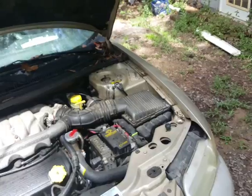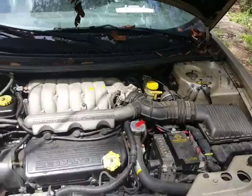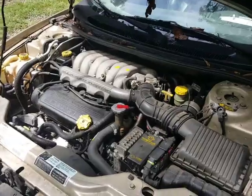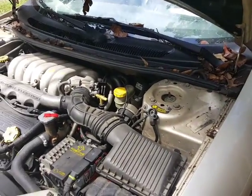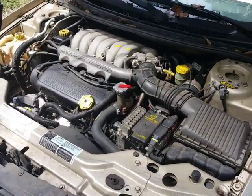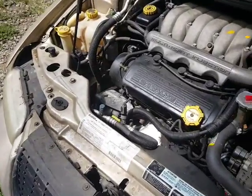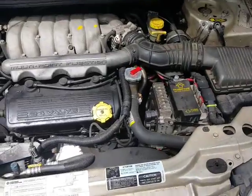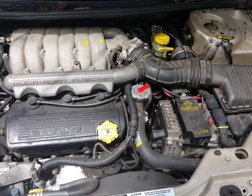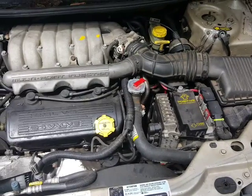Thing started overheating and started smoking like crazy. I told my fiance, you need to pull it over, shut it down real quick. I said, did it ever reach way above hot? No. It just started to go up a little bit. I said, all right, well, probably didn't do much damage to the head gaskets. I let it sit, rechecked the oil. Oil still looked good. So I just let it cool down and went ahead and drove it the rest of the way, because I wasn't about to pop the radiator cap while it was hot. Drove it to Walmart,